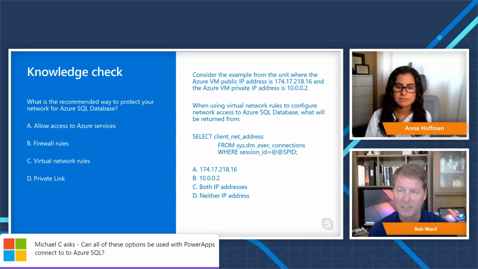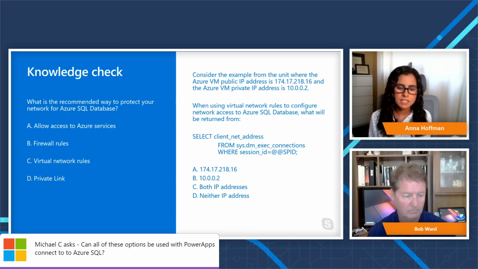No, I suspect that actually probably works. One thing to be clear about allow access to Azure services, that just means you're giving permission for any Azure services to connect to your Azure database. It doesn't mean you still can't use virtual network rules, right? So that allow access to Azure services does not have to be on to do a virtual network rule. The private link, you're right, Anna, we need to confirm that one and double check. I suspect it does work, but for sure you can do a virtual network rule within the Azure infrastructure.